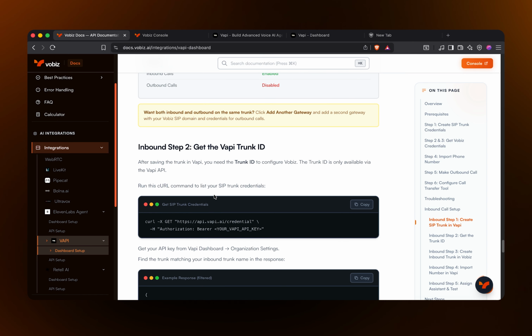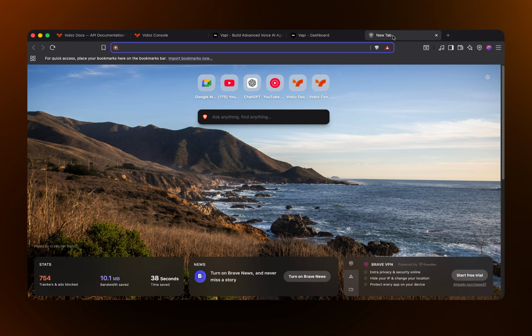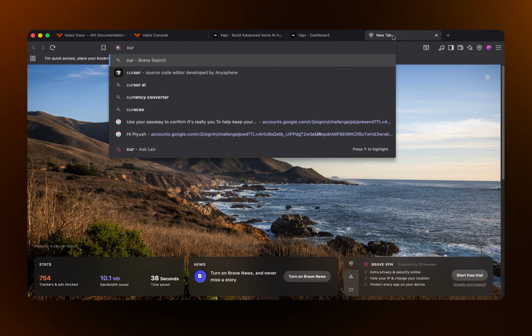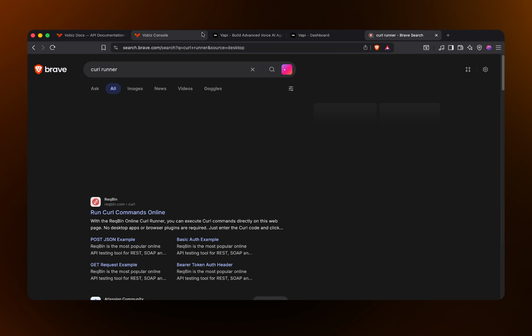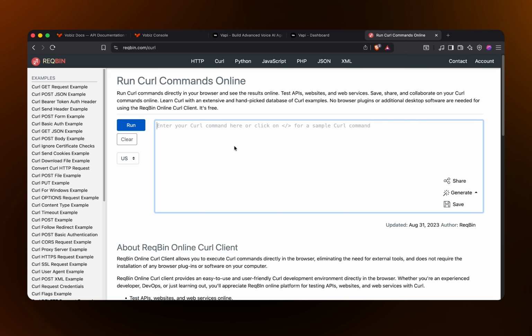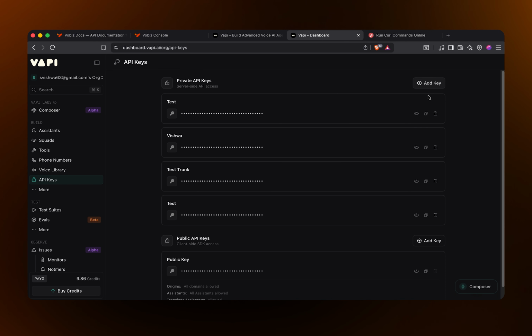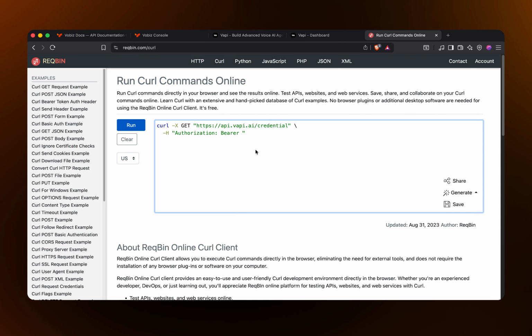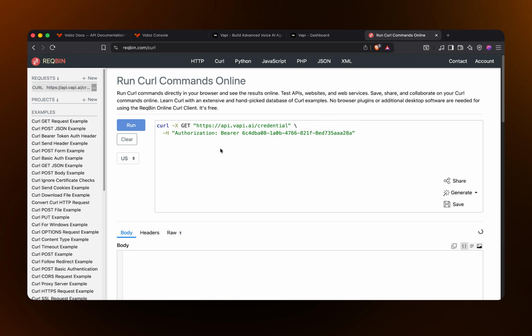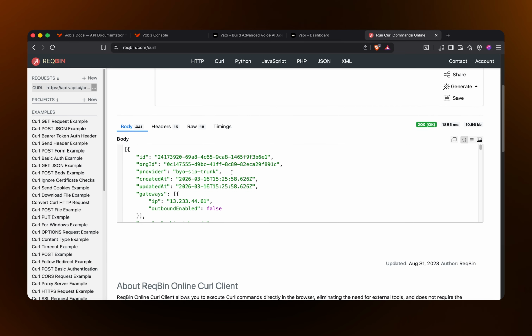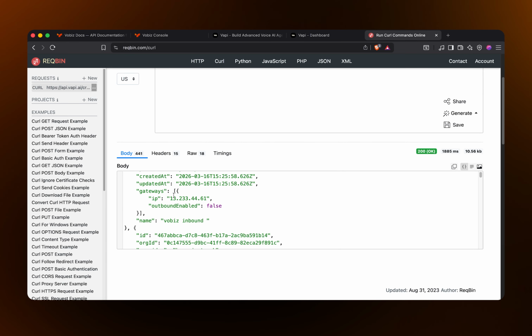Coming to step 2, let me copy this particular curl. Let me go to an online curl runner. Okay, let me paste it. And we will need to add our Vapi API key. Let me fetch my Vapi API key. API key is, let me copy one and let me paste it. Cool. Let us run this curl and we get multiple